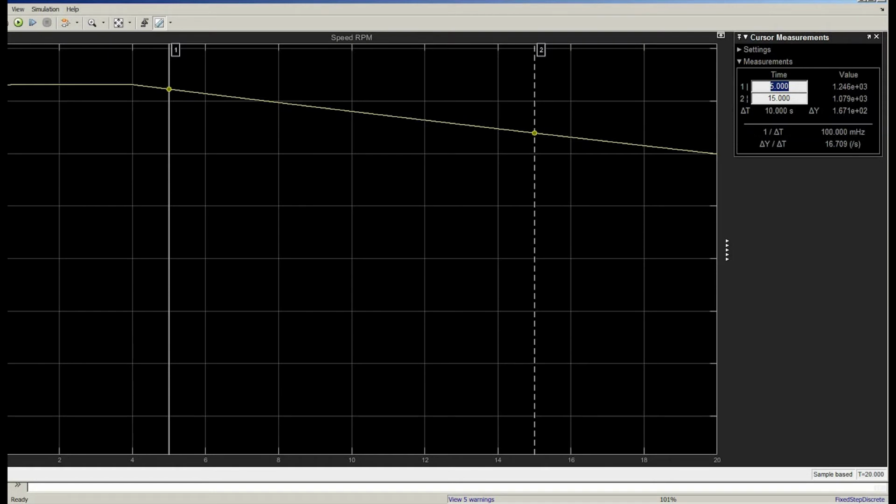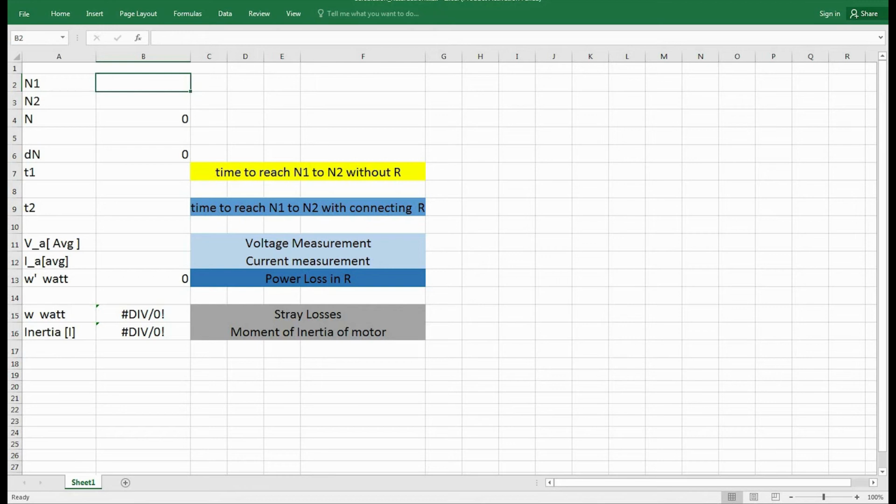So let's put the values in the Excel sheet. N1 is 1.246 times 10 raised to 3, that means it is 1246 RPM. And N2 is 1079 RPM.